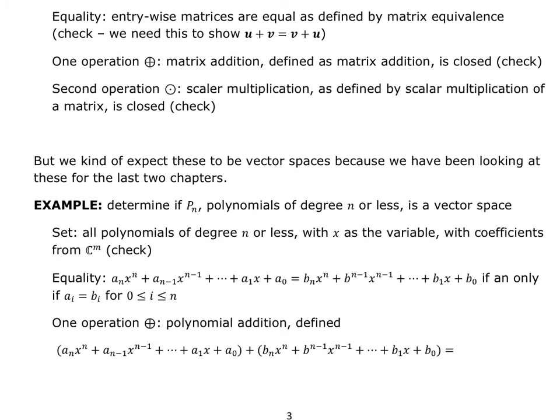So let's look at something different that we haven't been looking at. So let's look at polynomials. So let's look at all polynomials of degree n or less. Is it a vector space? Well, first of all, it's a set of all polynomials of degree n or less, with x being used as